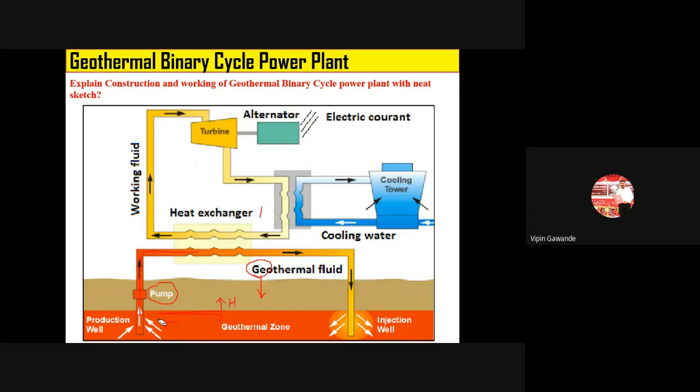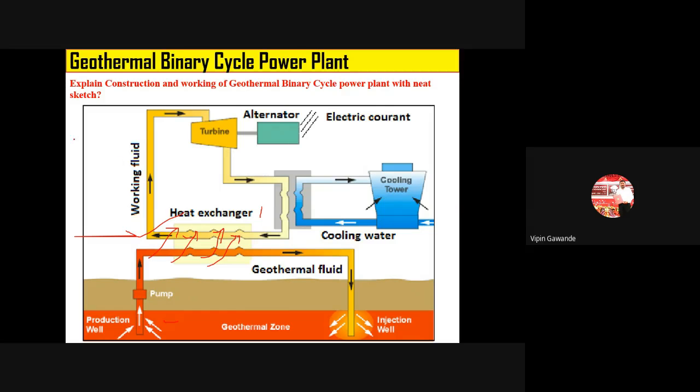Okay, or we will take one system here where the pipe is there and a pump, and the ground is having very high temperature liquid. Okay, or fluid. We will pump that high temperature liquid, and when that high temperature liquid comes in contact with our fluid, that means water, that hot fluid coming from the ground exchanges the heat with the feed water flowing through our above system, this one. Okay, the top system, and when this hot fluid supplies its heat to this fluid, our water is converted into superheated steam.